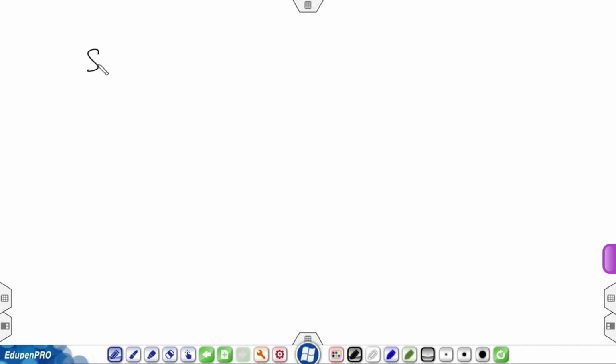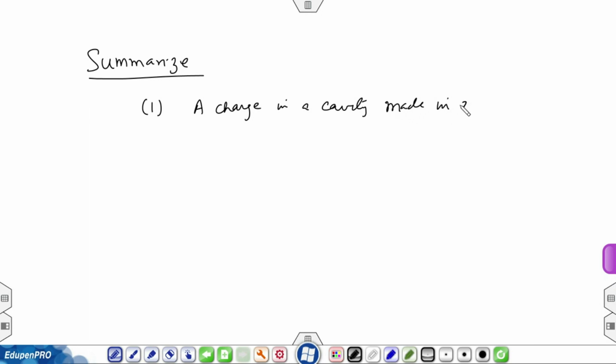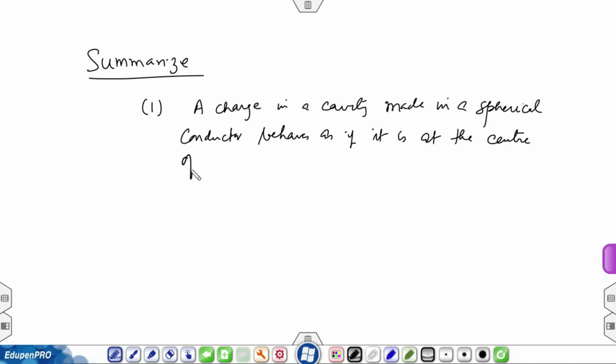So let me conclude this part of the lecture by saying that we discussed two more properties of conductors. One was that a charge in a cavity made in a spherical conductor behaves as if it is at the center of the sphere,